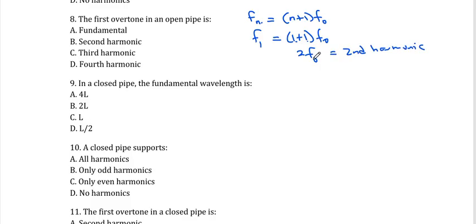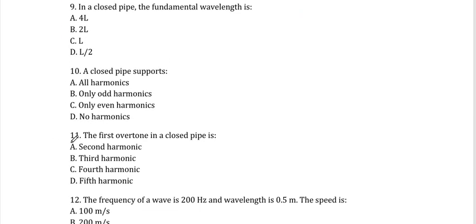Okay, so 3 F naught means third harmonic, 4 F naught means fourth harmonic, and so on. So B is the answer to this. Okay, then in a closed pipe, number 9, in a closed pipe, the fundamental wavelength is